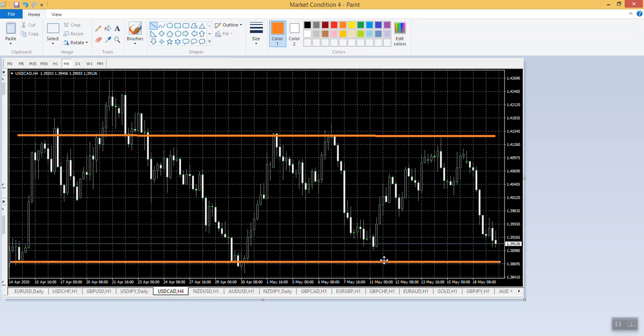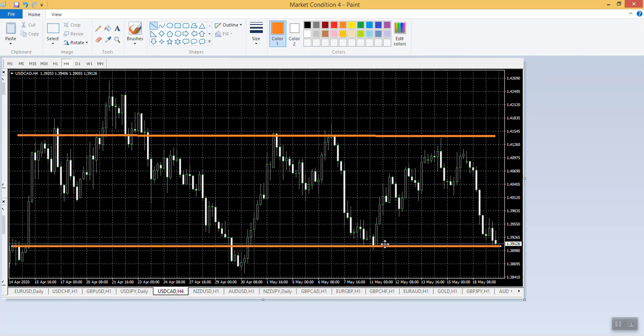We noticed one here, and we notice another one here as well. So here we have two support levels that are showing up. Anytime the price touches this level, it forms a resistance,